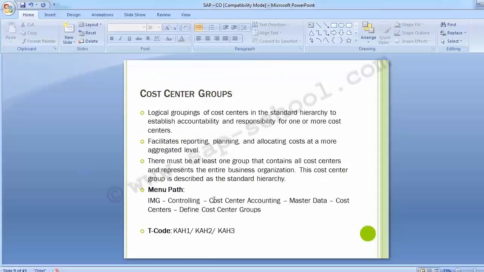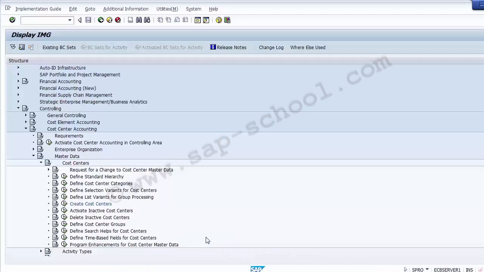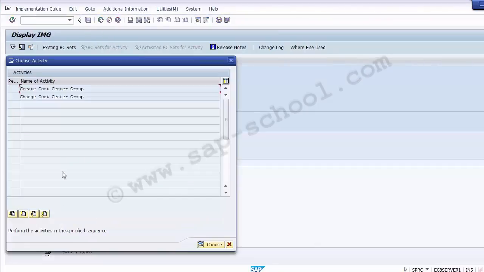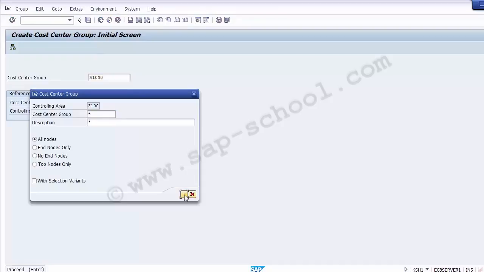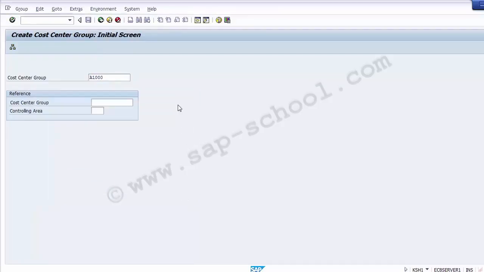Let's see. So the path is there on the screen for you. We can move on to the SAP system. So in this particular part you will find over here that define cost center groups is there. So we can move up to this particular option, we can execute it, and in this particular part we can move on to create cost center groups. Double click on create cost center groups. Once you double click, it takes you to the next screen. So this was your cost center group, that is the standard hierarchy actually, and once you enter on it,